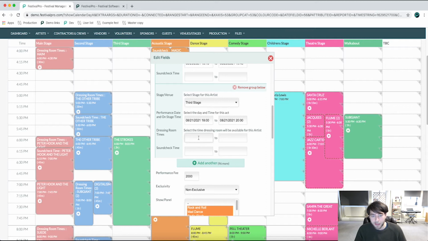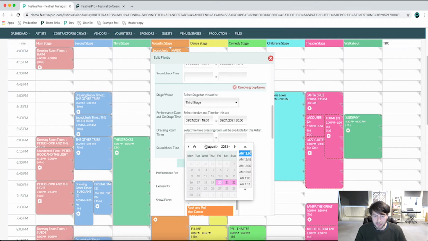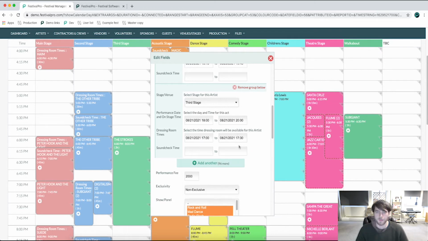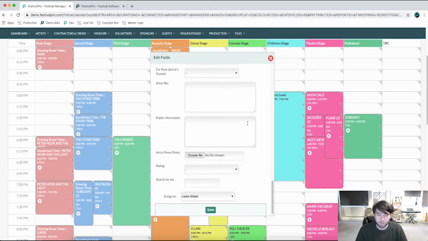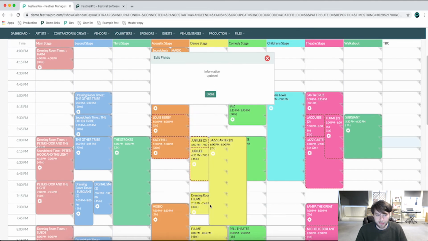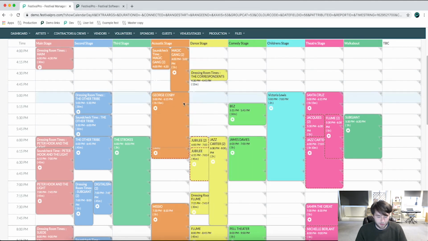Now let's say we wanted to also enter their dressing room times, or their sound check times. I'm just going to do one for the sake of the video. We can select the time and date. So we'll set it to be 1 hour before. Okay, and now we've set that time. We just need to scroll to the bottom, hit save. And then when we refresh this calendar, you'll be able to see that dressing room time has also been added